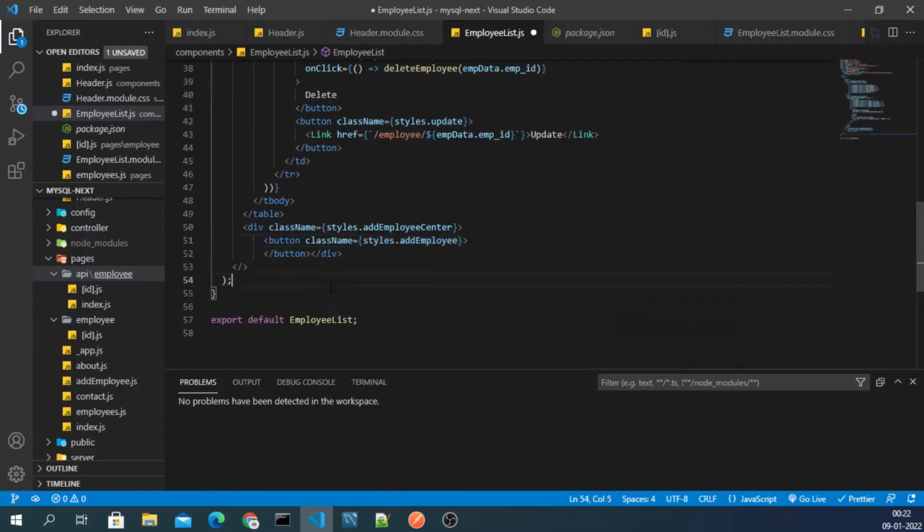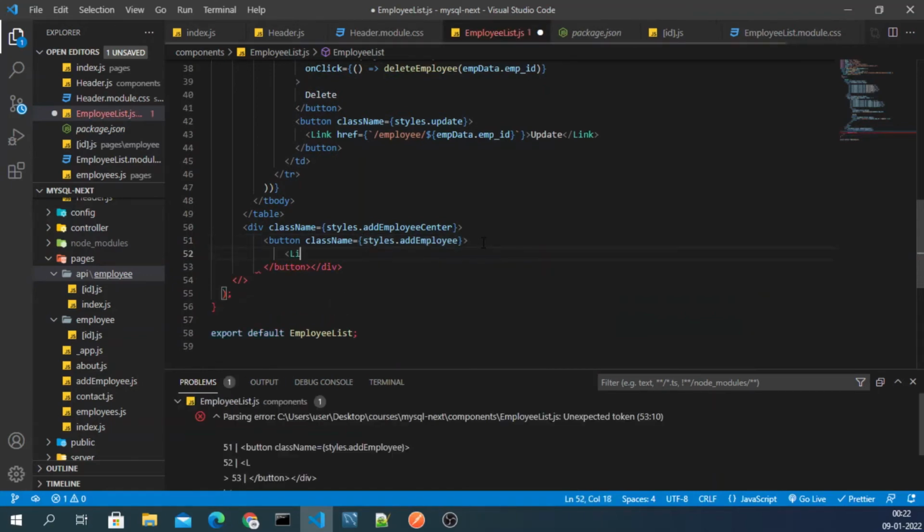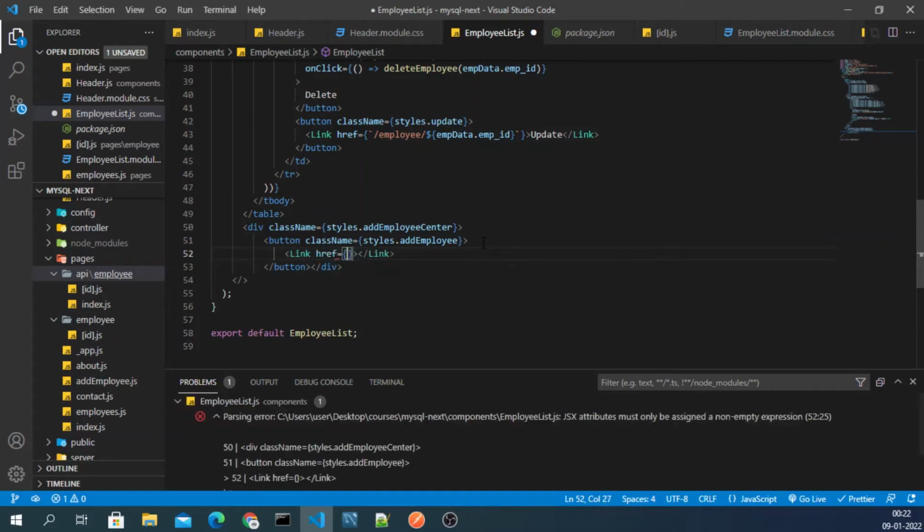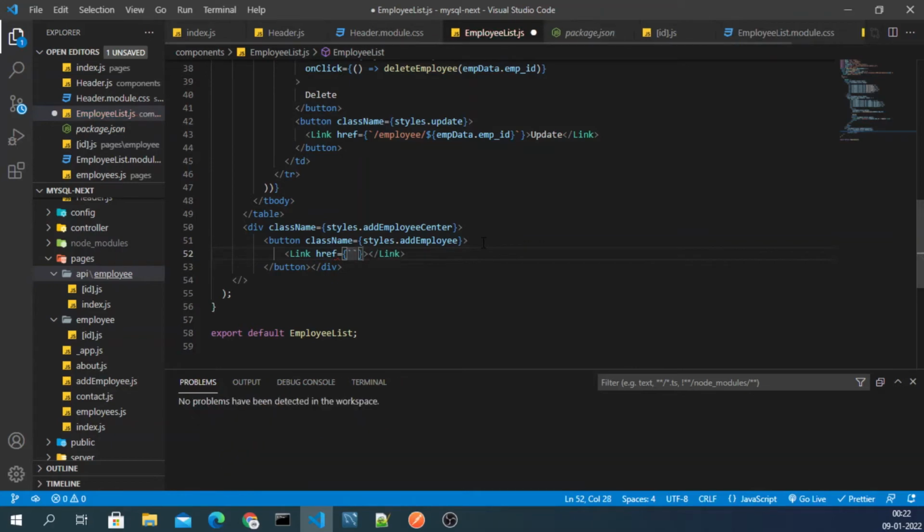And inside the button I will use Link, because I want it to take me to the add employee page. Then I will also define href, and inside href I will have this path, add employee.